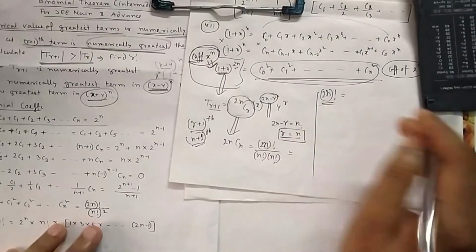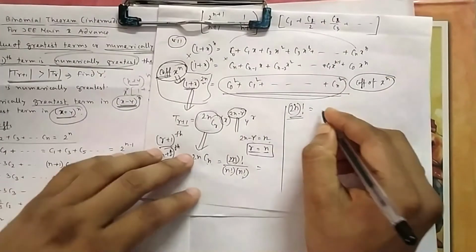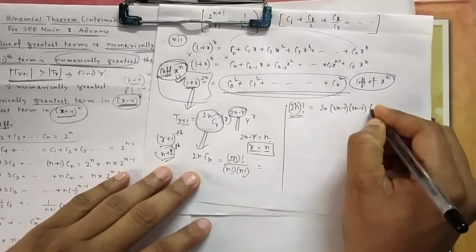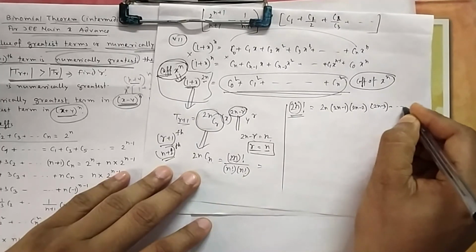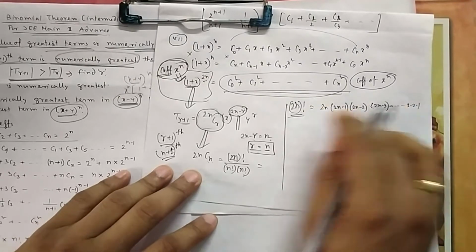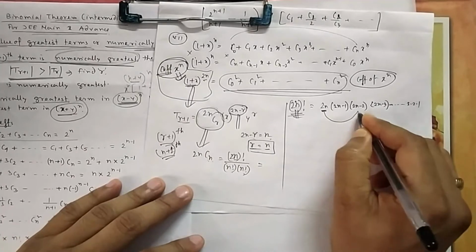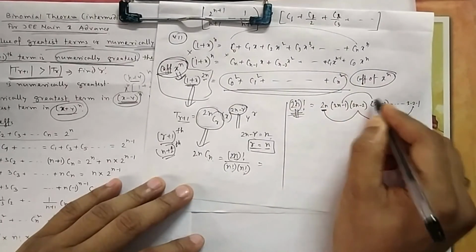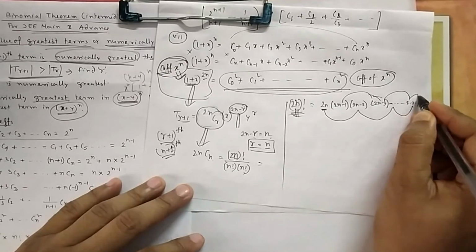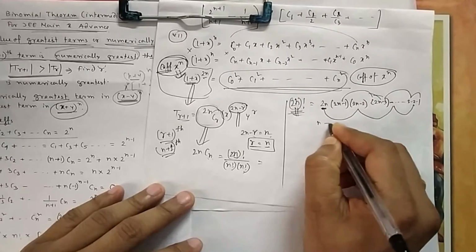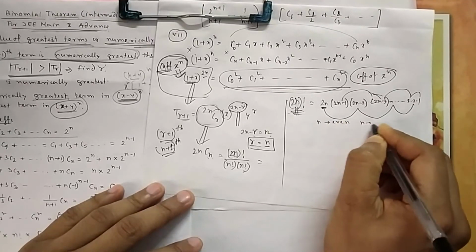Now if you want to do 2n minus 1 factorial also, you have to remember it, because if it comes, let us see from where it is coming. 2n factorial is 2n, then 2n minus 1, then 2n minus 2, then 2n minus 3, and so on up to 3, 2, 1. So there will be even terms and there will be odd terms. Which one will be even? Because 2n is always an even number, this term, this term, this term are always even terms, and these are odd terms. So how many even terms will there be? n even terms, and there will be n odd terms.